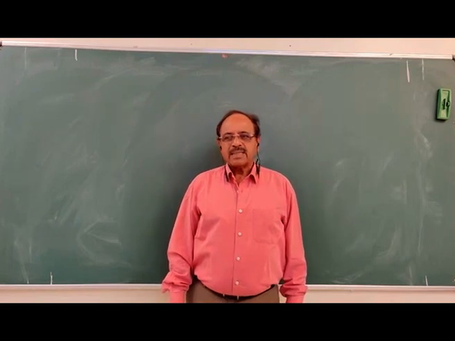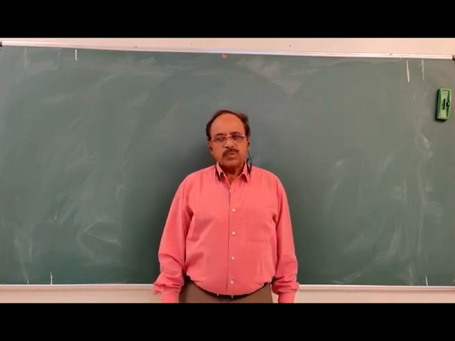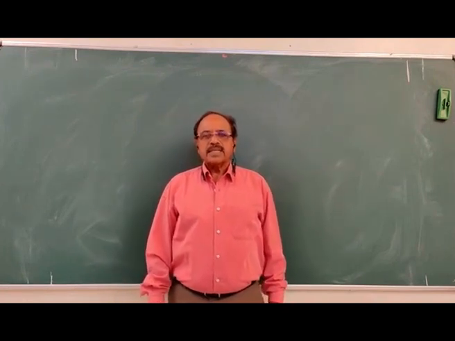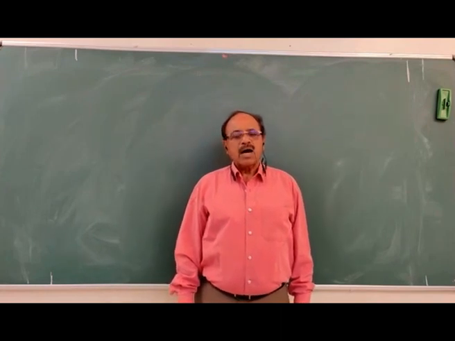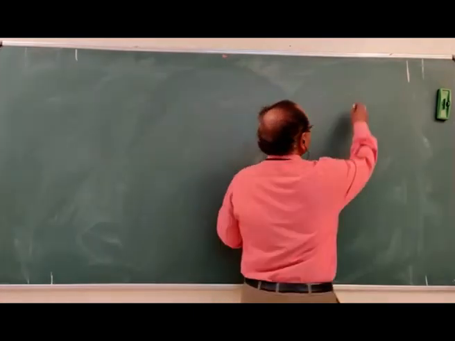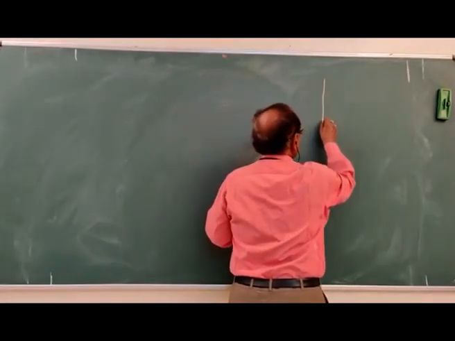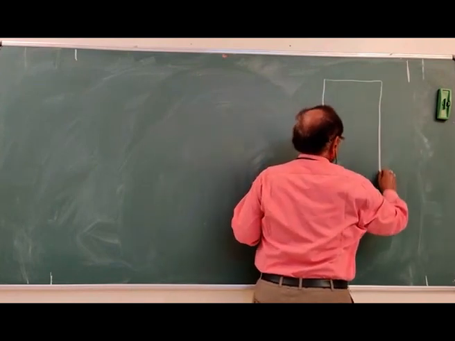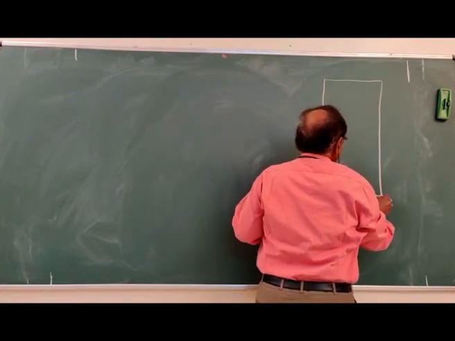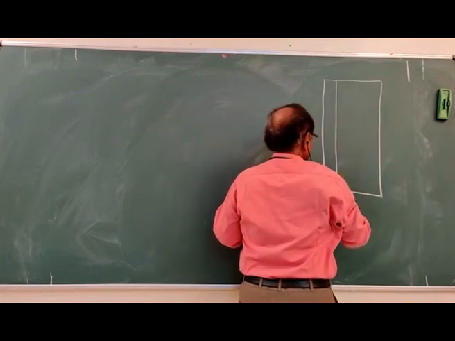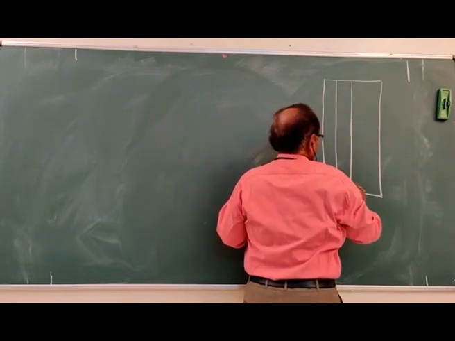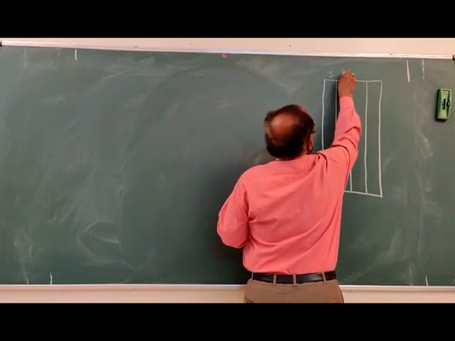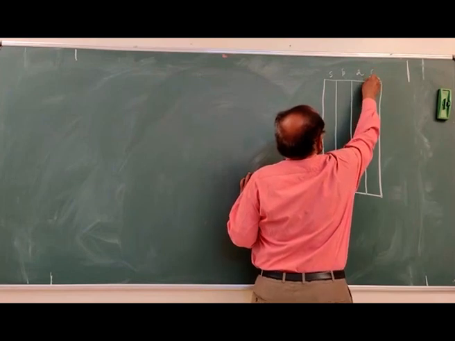As I told you in my last class, the electrons are filled up into the available orbitals in the increasing order of energy, such that the orbitals of lower energy are filled first. So I am writing the table of the Aufbau principle. There are 7 periods in the periodic table, so I will take 7 rows and 4 columns. I write a rectangle where I write s orbital, p orbital, d orbital and f orbital.